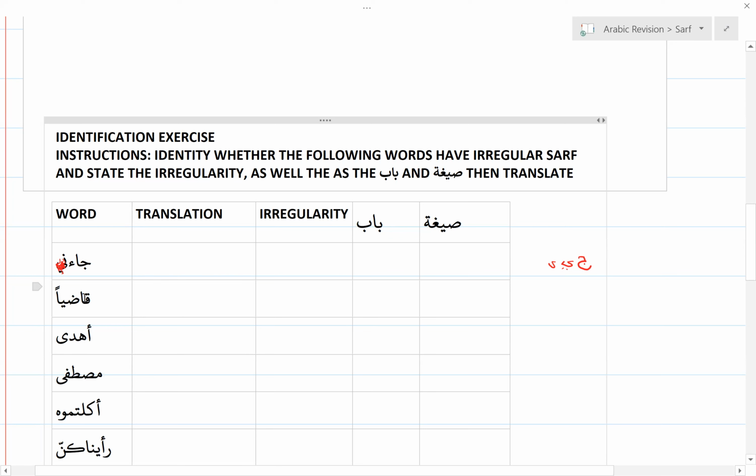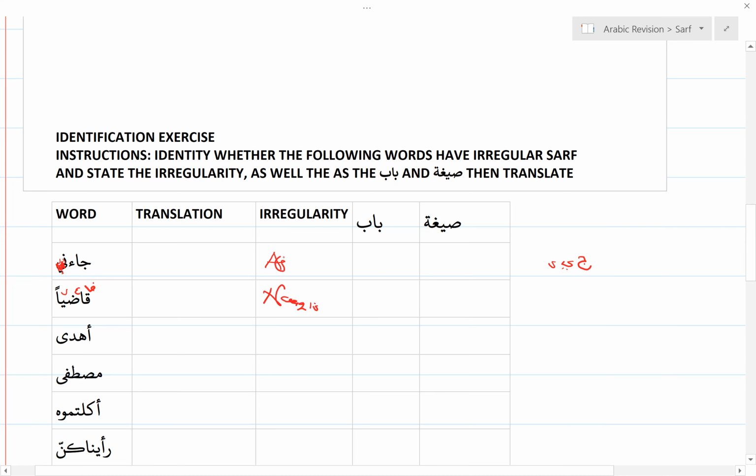So you need to know what is my fa letter, what is my ain letter, what is my lam letter. Okay, so maybe you can say, okay, fine, maybe this one is part of the container. I'm going to skip it. So I'm going to go to this one. I'm going to say, this one is my fa letter, this one is my ain letter, and this one is my lam letter. Okay, so dad, is it any one of the irregular letters, one of the weak letters? It's not a hamza, it's not a waw, it's not a ya. I go to the last letter. I ask myself, okay, now, is it a waw, is it a ya, or is it a hamza? What do you guys think? Yeah, so naqis. Yes, this is definitely naqis.